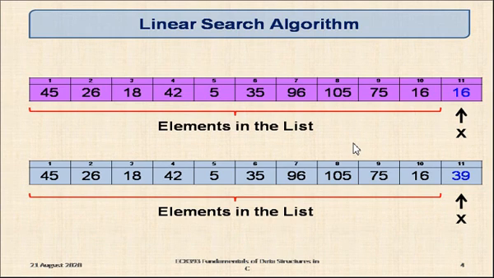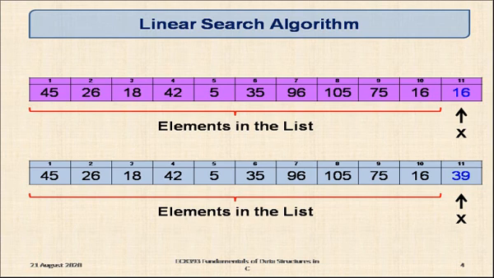Here the drawback is that, fortunately, if the item to be searched is available in the beginning of the list, then it will be well and good. So time taken will be very less. Otherwise, suppose you see here in the second example, the item is available in the last of the array, at the end of the array. That means the time taken for this process is too long. Also, when we have more and more values in the list, it is time consuming. So that is the drawback of the linear search.